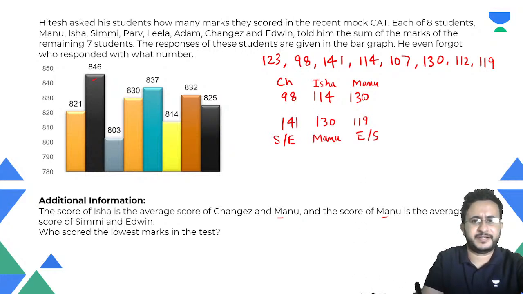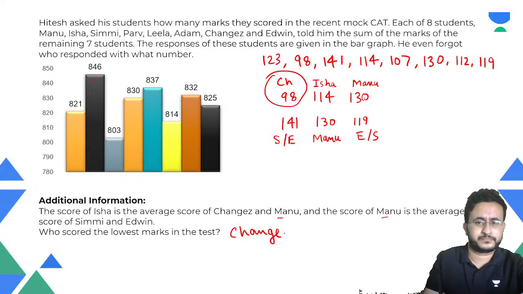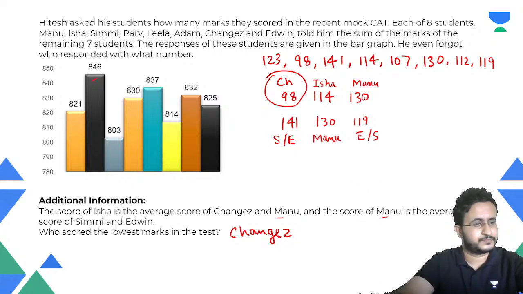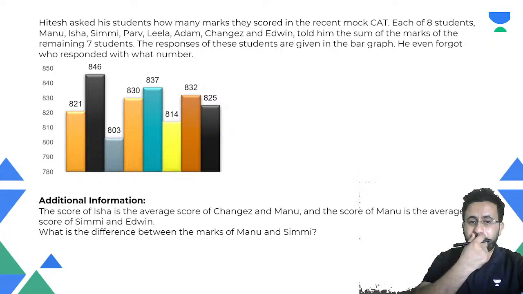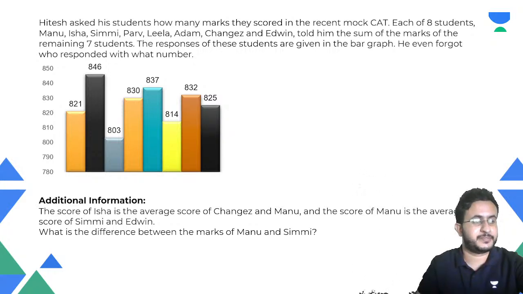ठीक है and Manu is the average of Simni and Edwin so they can be in any order but this is definitely Manu because देखो दो जगह Manu का नाम आ रहा है right and 130 is coming twice so this is Manu right score of Manu is the average of these two people and score of Isha is the average so Isha must be this is Manu so this will be Changiz okay now it is asking who scored the lowest marks so lowest marks is of Changiz okay all right next question what is the difference between the marks of Manu and Simni